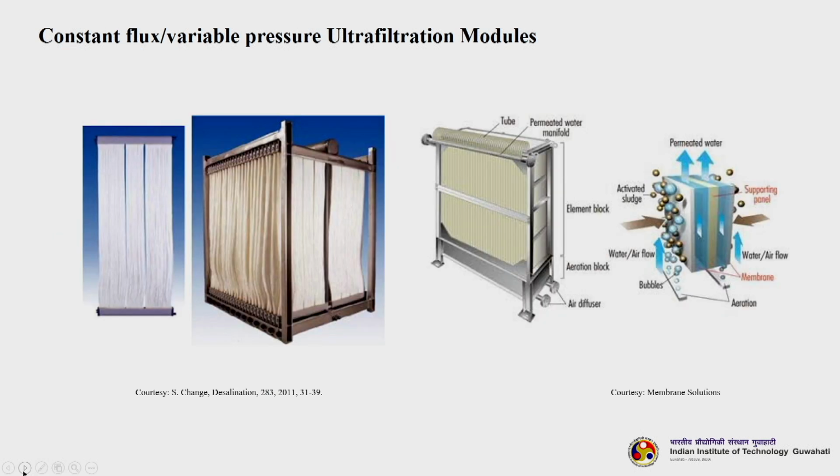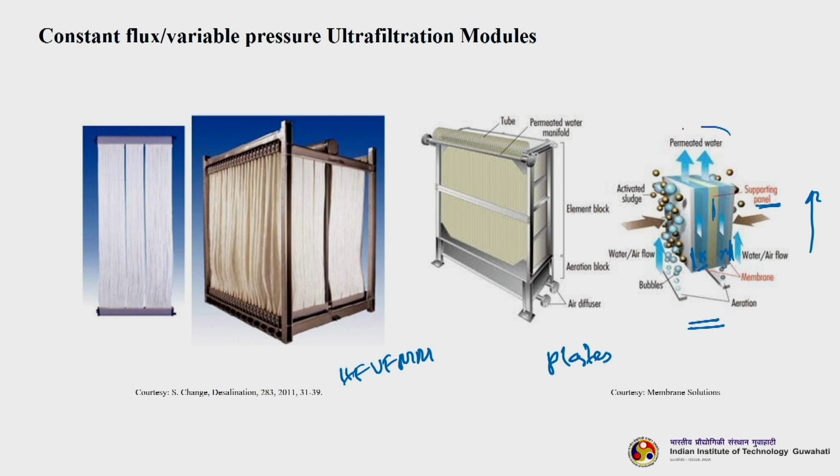In the next slide I am showing you the diagrams. These are submerged hollow fiber UF membrane modules, and this is the plate type. You can see how the plate system looks. Air and water are both flowing in this direction, and aeration is done inside here. This is the membrane, this is another membrane. Aeration is done in the space between the membranes, and this yellowish color you can see is the supporting panel.